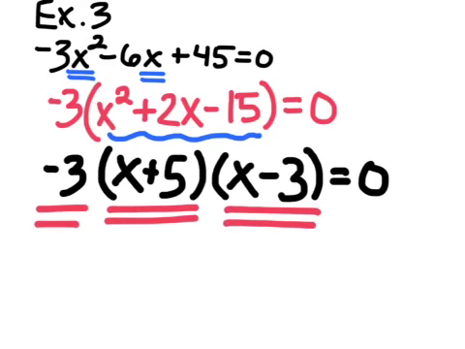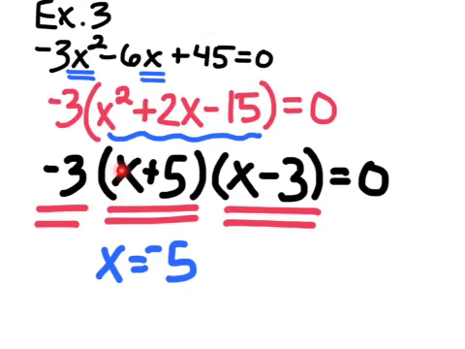And if we have a product, something times something times something, equal to 0, what we know is that one of those 3 pieces of the product would have to be equal to 0 in order to get 0 as an answer when we multiply it out. So if we take a look, there's no way that this -3 can be made into a 0. It's just a constant. But if we look here, x plus 5, we can see that if x is equal to -5,